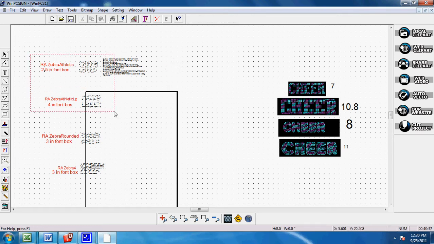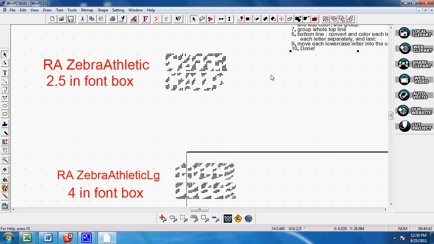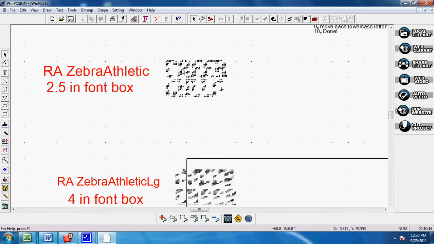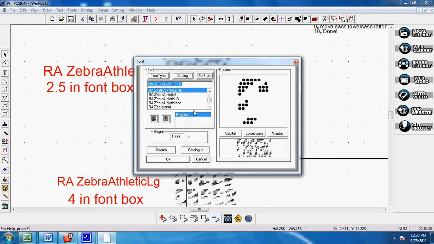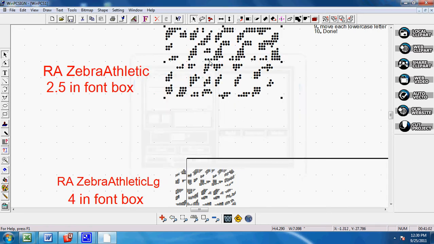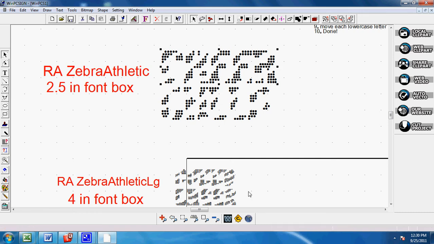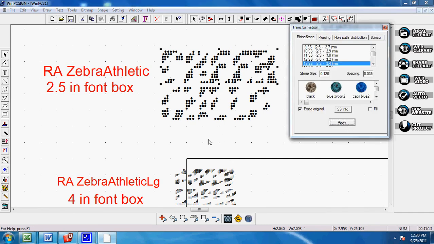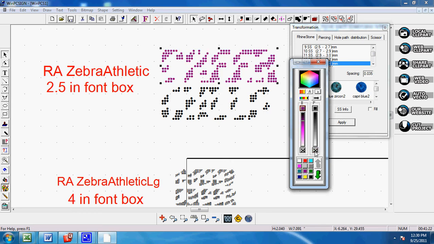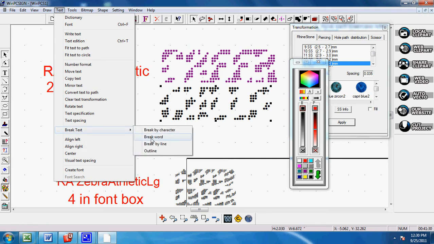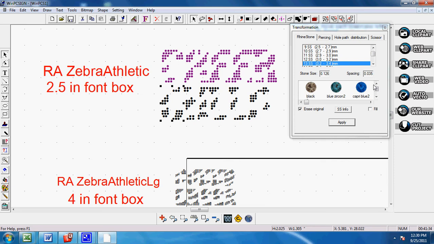So for sake of following through on the directions here again, let's do one of these. So here I've typed in the RA Zebra Athletic font, cheer twice, and I've got it again as a whole entity. Let's go into the font box, type in 2.5, and now that is a SS10 size. All right, let's break the text by line. Let's highlight the first line and convert it. Add a color, and I don't want any outline in there. Group it. The second line, again, we're going to break it by character, and